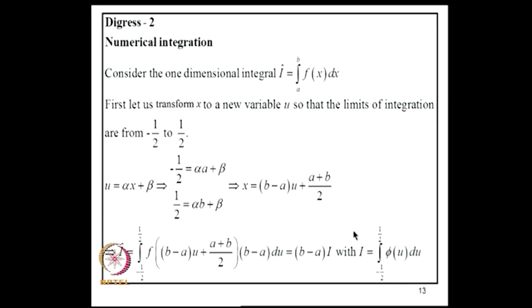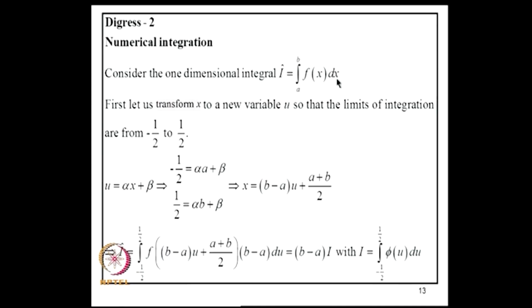The second is the question of numerical integration. So, you may be familiar with the trapezoidal rule, Simpson rule and Newton-Cotes formula, etc. But we will consider what are known as Gauss quadrature rules, and I will explain what the rationale of those rules is. So, let us consider, for the sake of discussion, an evaluation of an integral I, from a to b